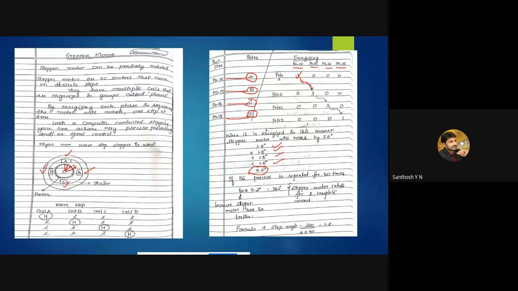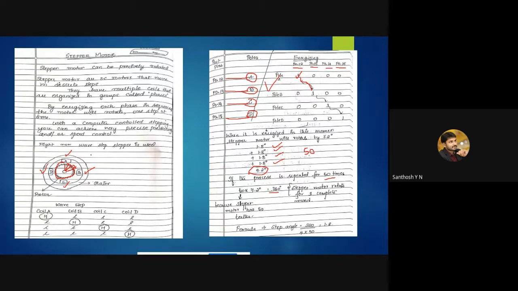If the process is repeated 50 times, then 50 into 7.2 is 360. So the stepper motor will complete one full rotation if you make this process work 50 times. This is because the stepper motor has 50 teeth.